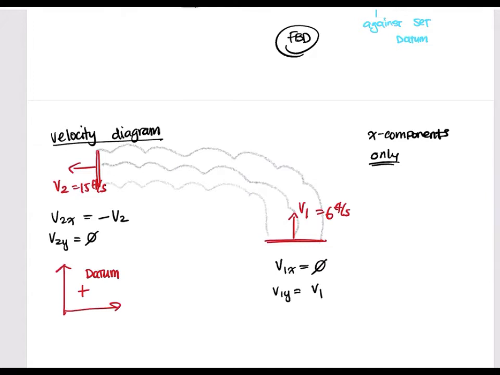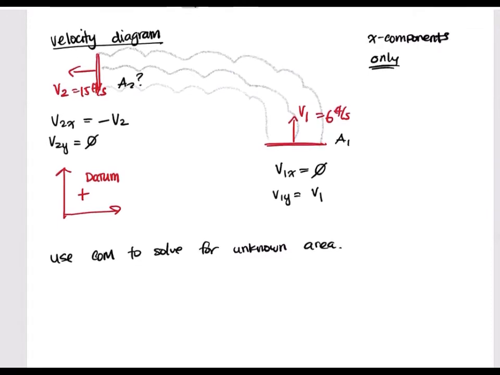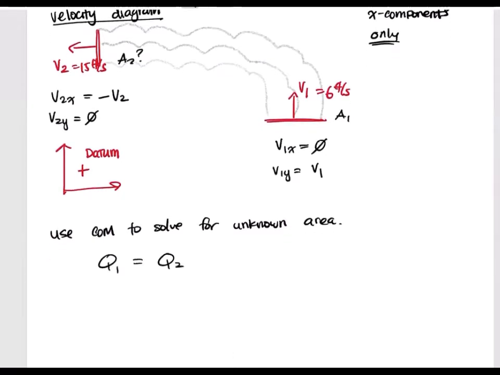Okay, so now what we're going to do is we do have to solve for our area because we're actually not given any information about area at 2. So we don't know what A2 is, and we know what A1 is, okay? So we can use conservation of mass to solve for our unknown area, and we need to do that because we need it for the linear momentum equation. So Q1 is equal to Q2, right? Where Q1 is A1V1, Q2 is